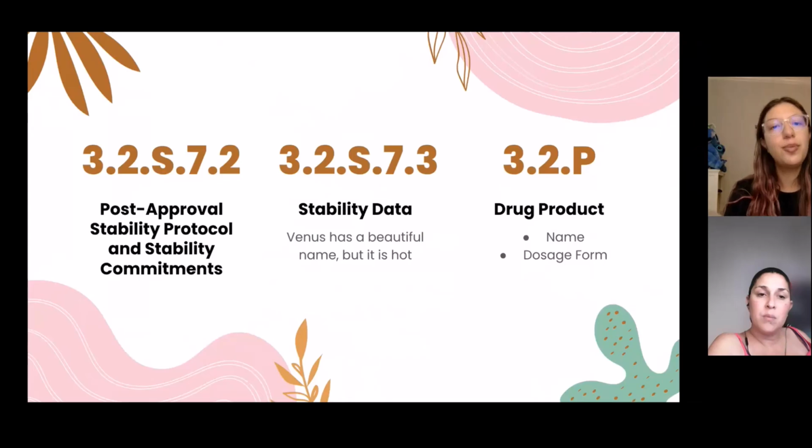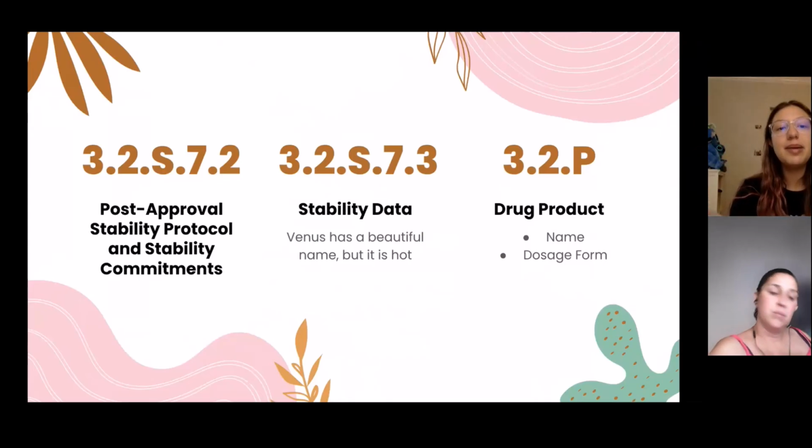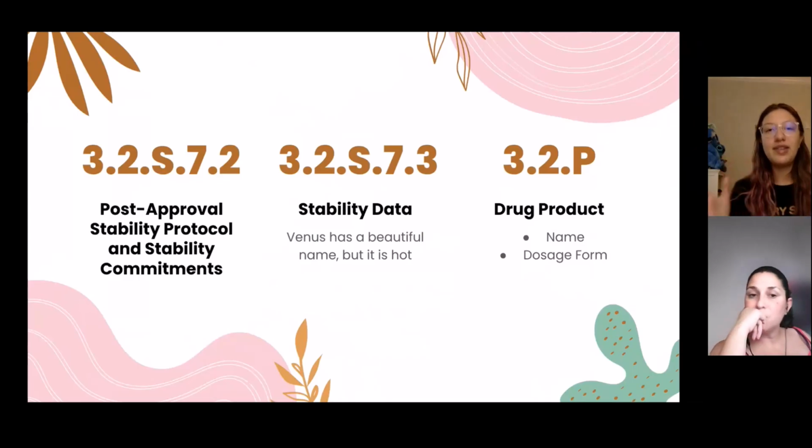3.2.S.7.2, and that's just a post-approval stability protocol and the stability commitment. So you already gave the explanation, all of the things that you have done to prove it. This is just an, okay, make sure that there's a stability commitment and sign that off. And then the